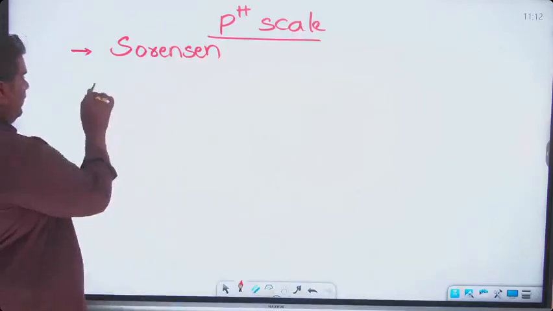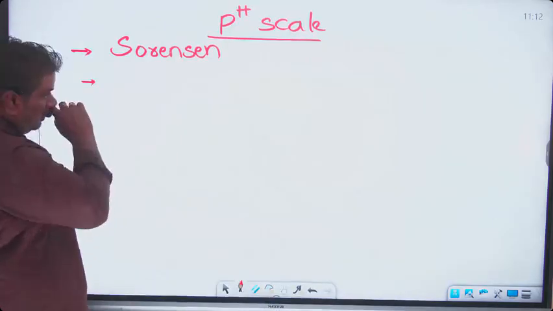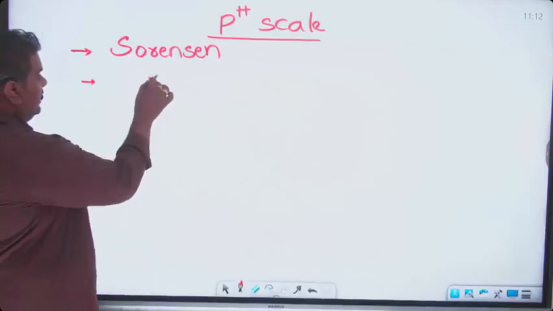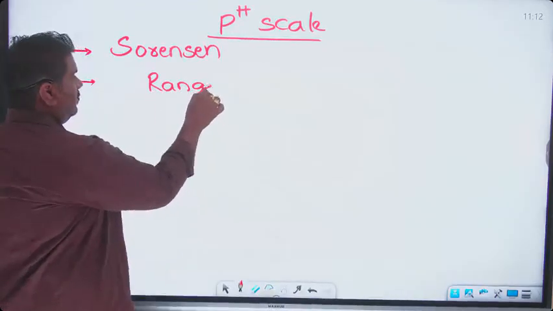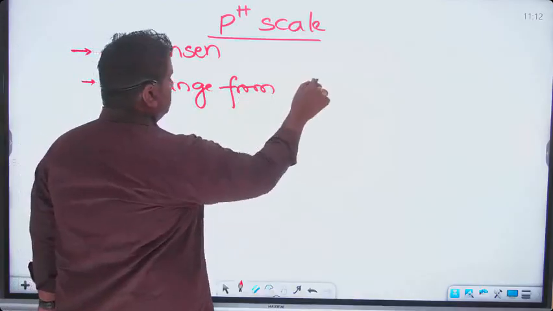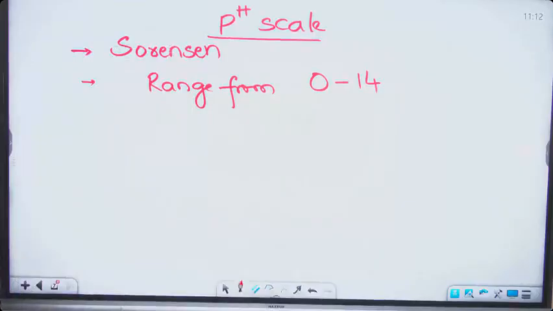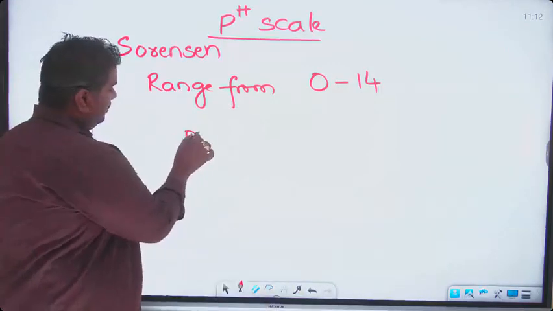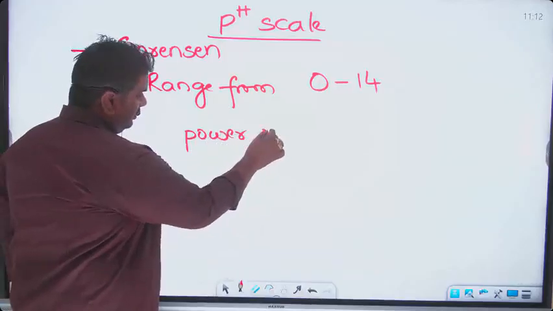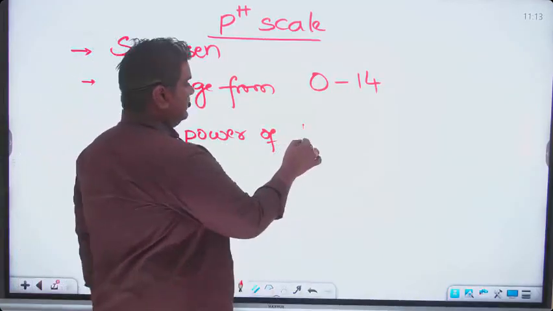మరి pH scale లో వాల్యూస్ ఎలా ఉంటాయి? The values in pH scale range from 0 to 14. మరి pH అంటే మీనింగ్ ఏంటి? pH scale అంటున్నాం, right? So pH scale means the power of